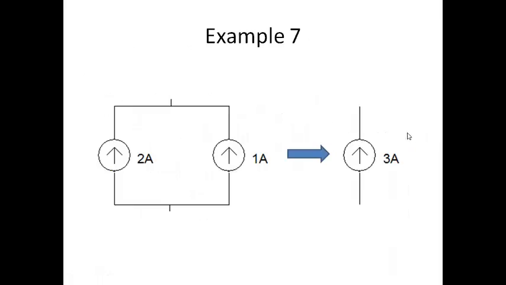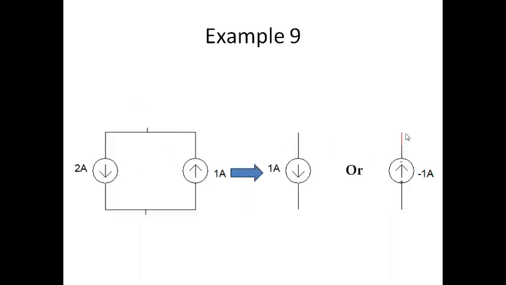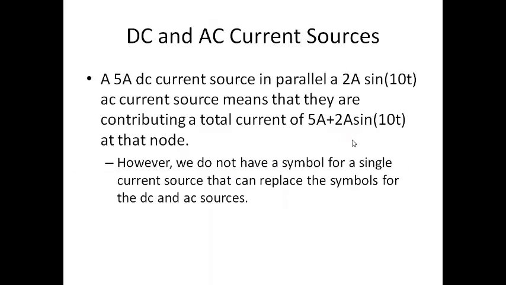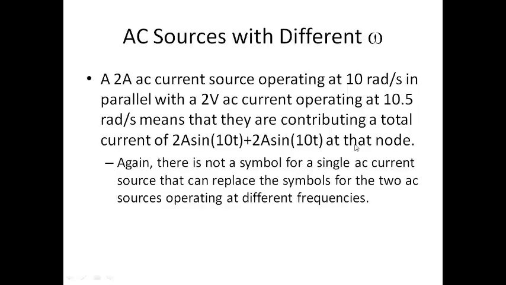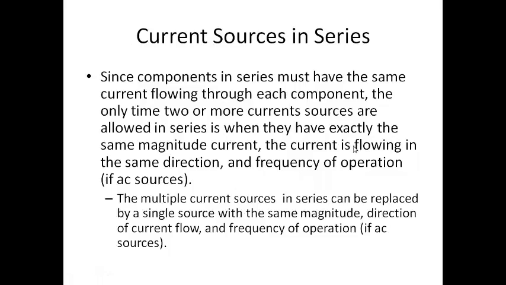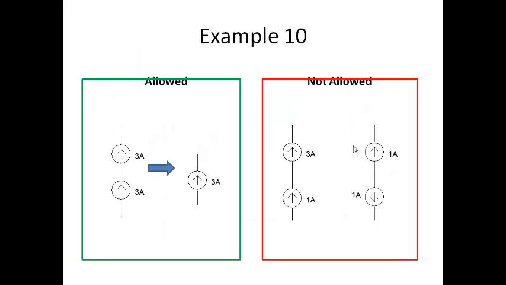So here's an example showing that with different polarities, and this approach is similar to that in case of a voltage source. DC and AC currents can also be added, like I showed in case of voltage sources. Two current sources at different frequencies can also be added. Right, but the problem occurs